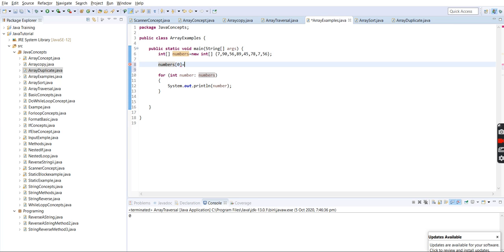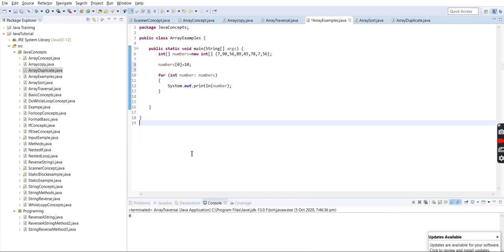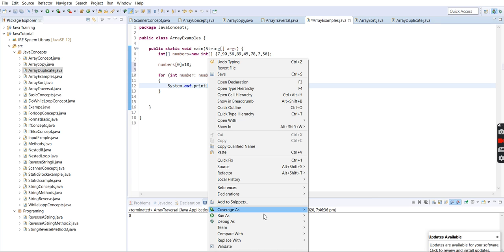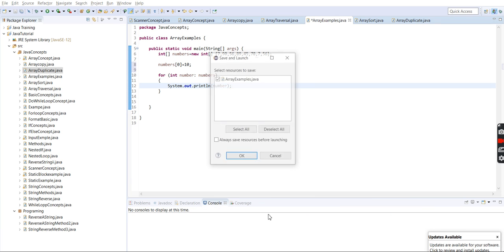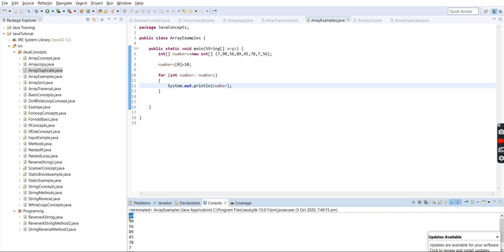I will change it to 10. Now we'll print the value. See, the value is 10.